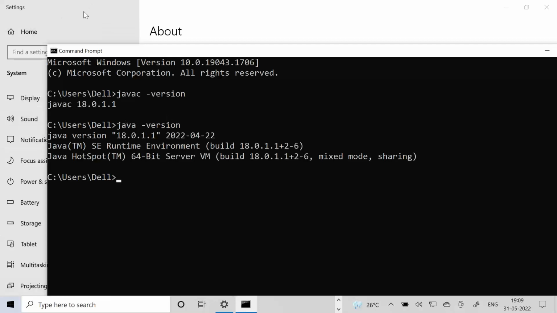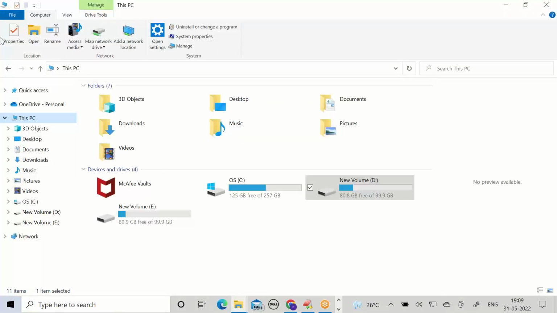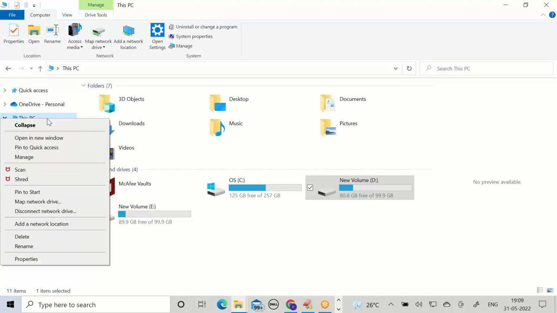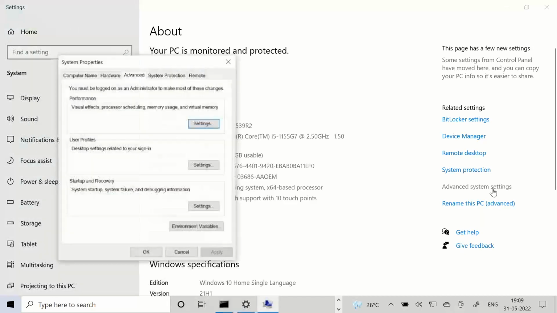In the same place, right click on This PC, go to properties, advanced system settings, environment variables.